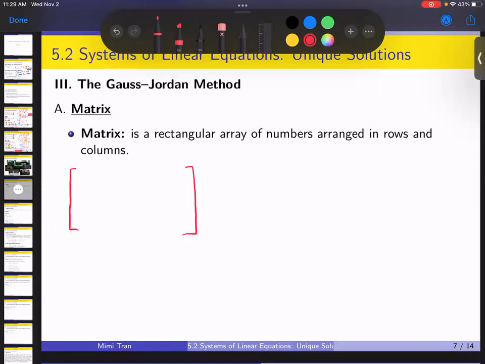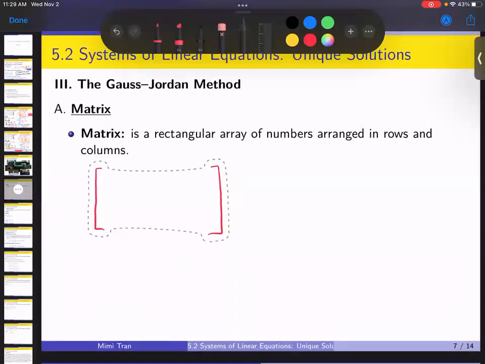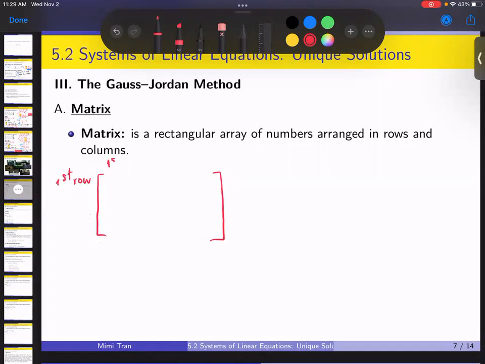If I have the first row and the first column, then the first entry will be denoted a sub 1,1. Rows always come first. So first row, first column. If I have first row, second column,